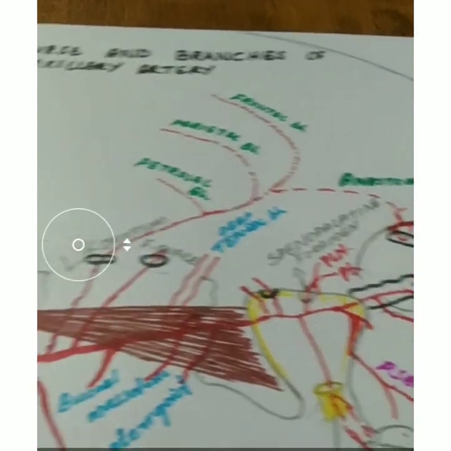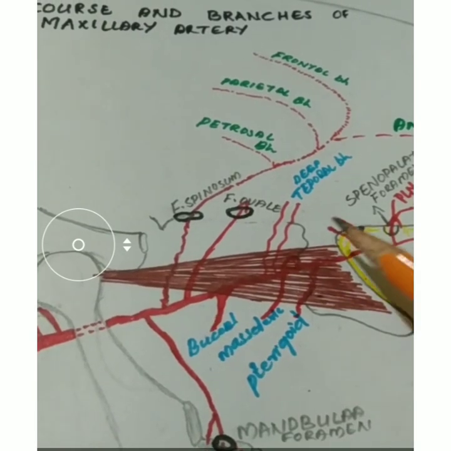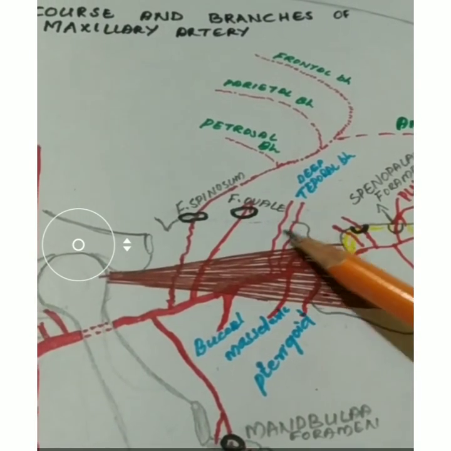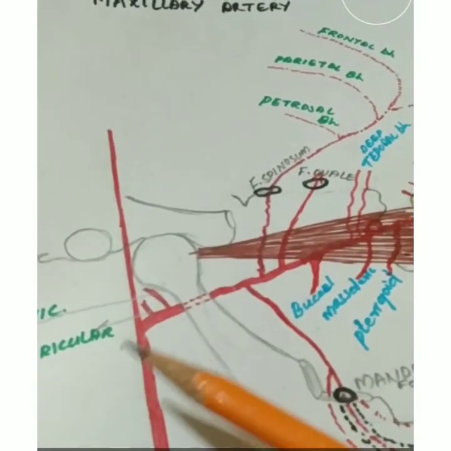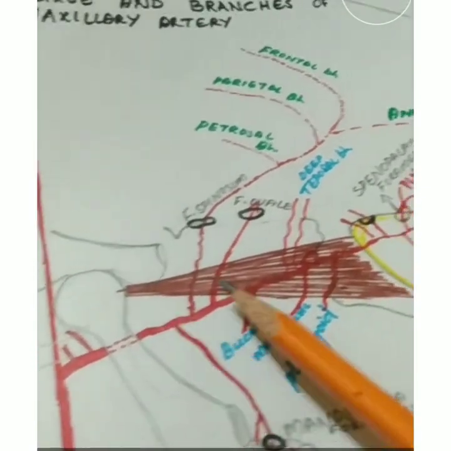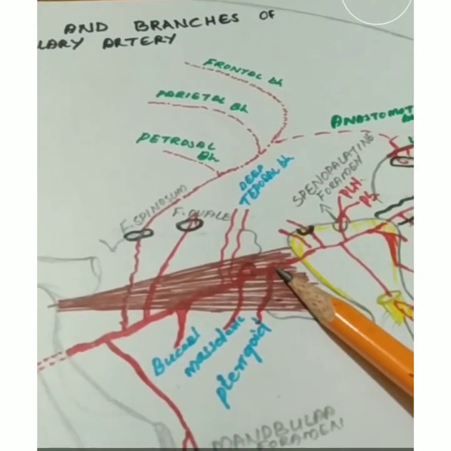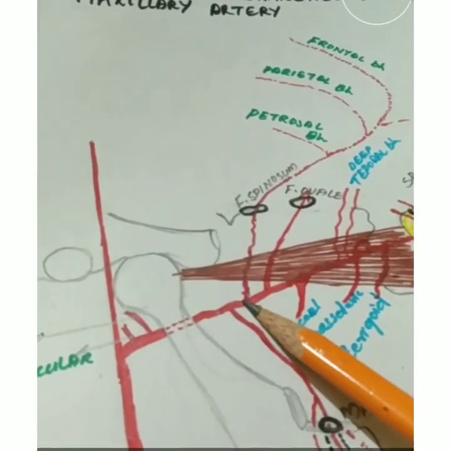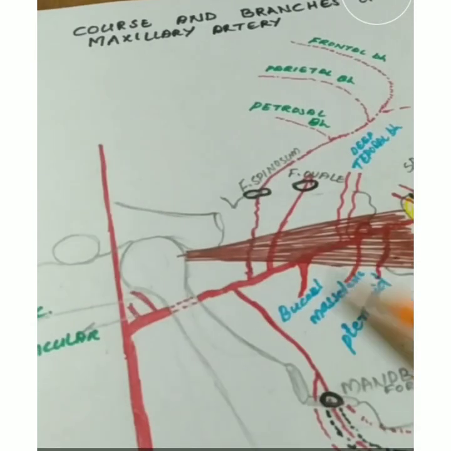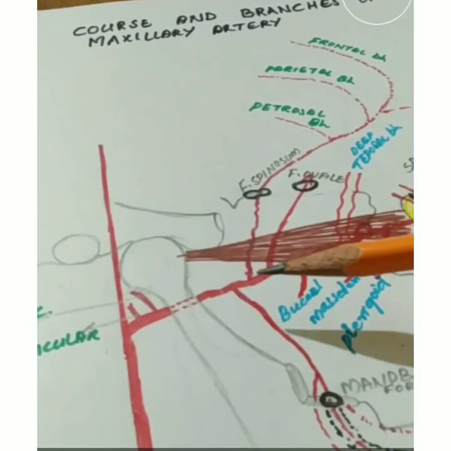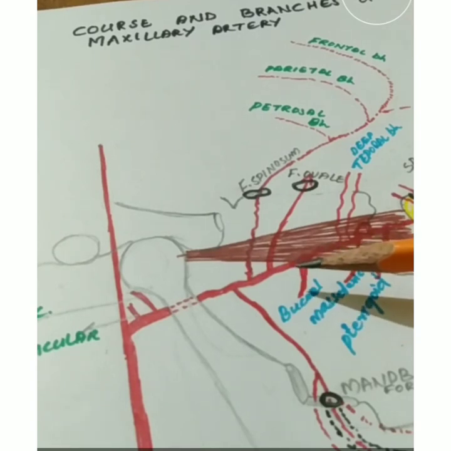So we have three parts of the maxillary artery, and these parts are formed by the lateral pterygoid muscle. Here the first part is called the mandibular part, the second part is the pterygoid part, and the third part is called the pterygopalatine part. The first part gives off 5 branches: the deep auricular, anterior tympanic, inferior alveolar, middle meningeal, and the